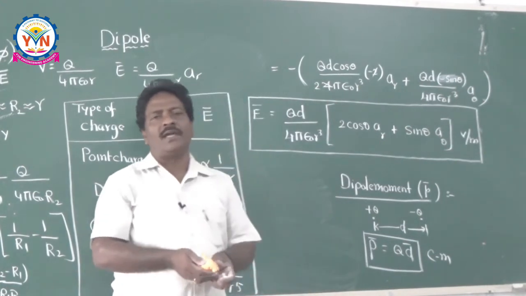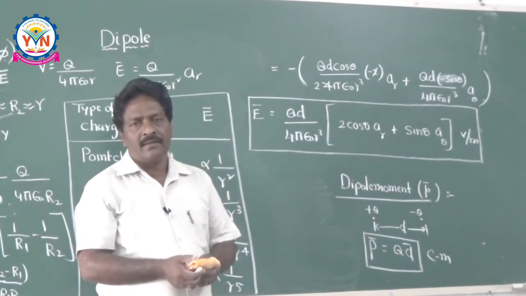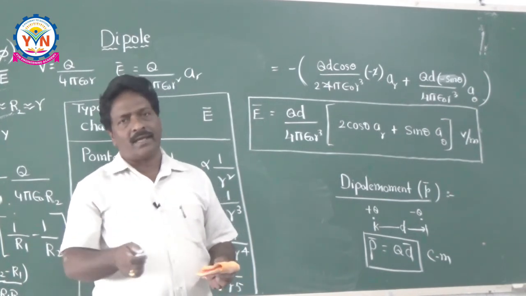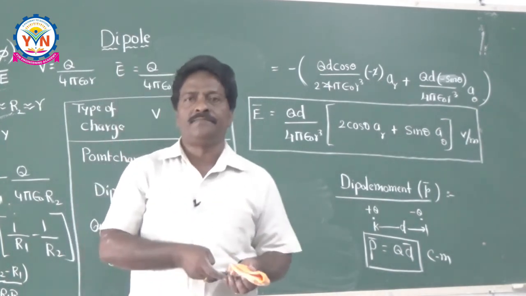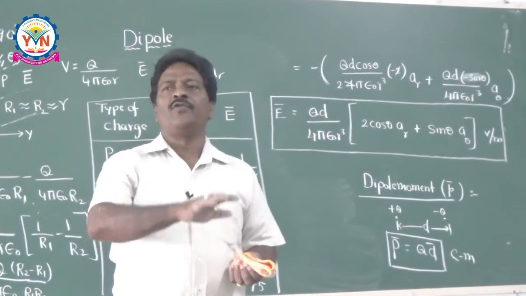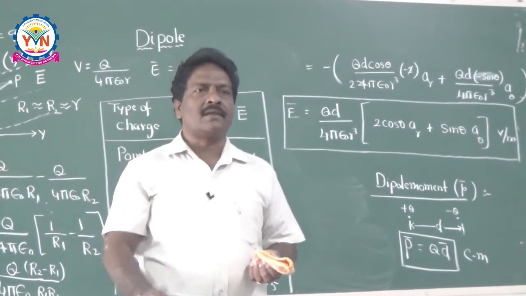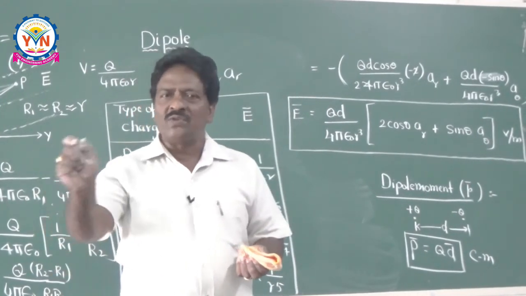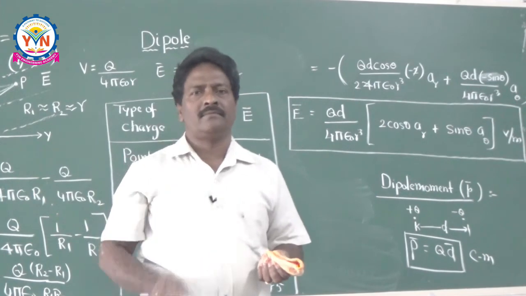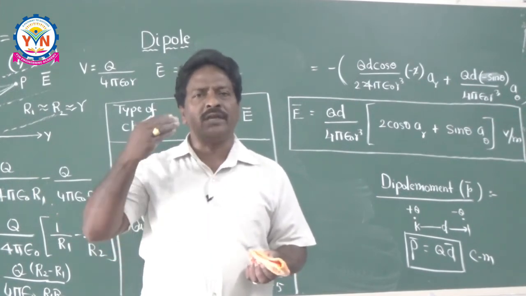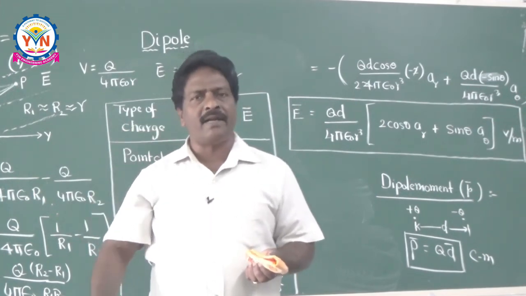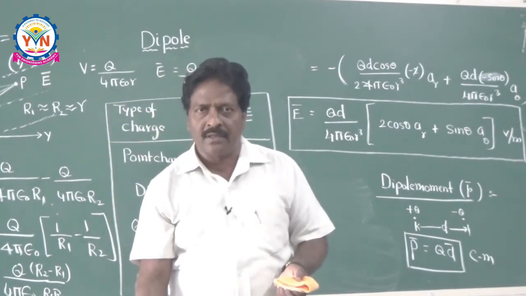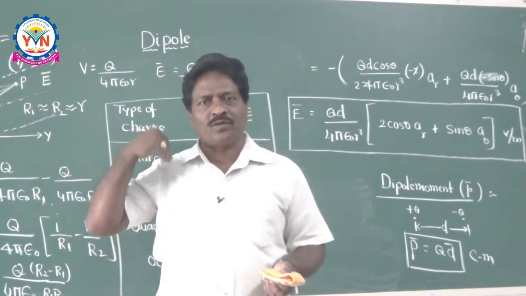Now once you know this dipole moment, I would like to define what polarization is. So listen carefully friends for polarization. Suppose this class may be having a strength of 180 members. Each and every student is considered to be a dipole. What is a dipole? Dipole means two equal and opposite charges separated by some distance. So this is a positive charge and this is the negative charge. My height is nothing but the distance between the two charges.